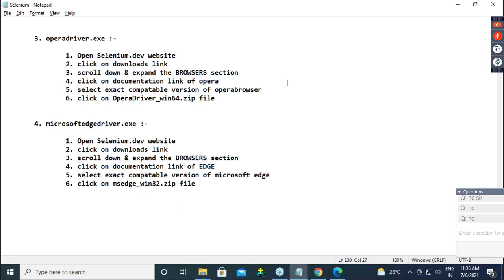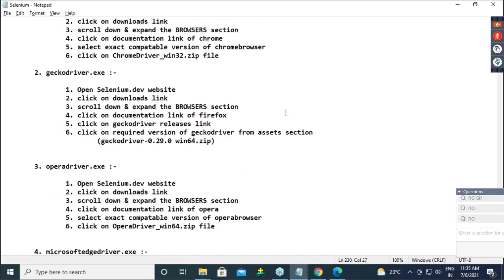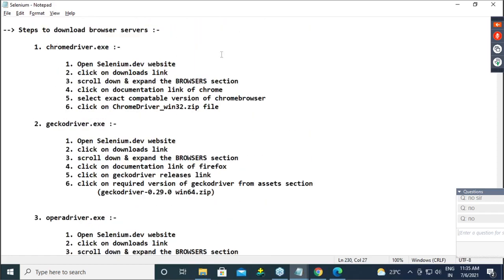Okay. So guys, now write down the steps. Steps to download browser drivers. Note it down quickly. Same, Prashant. Okay. Same exact compatible versions.